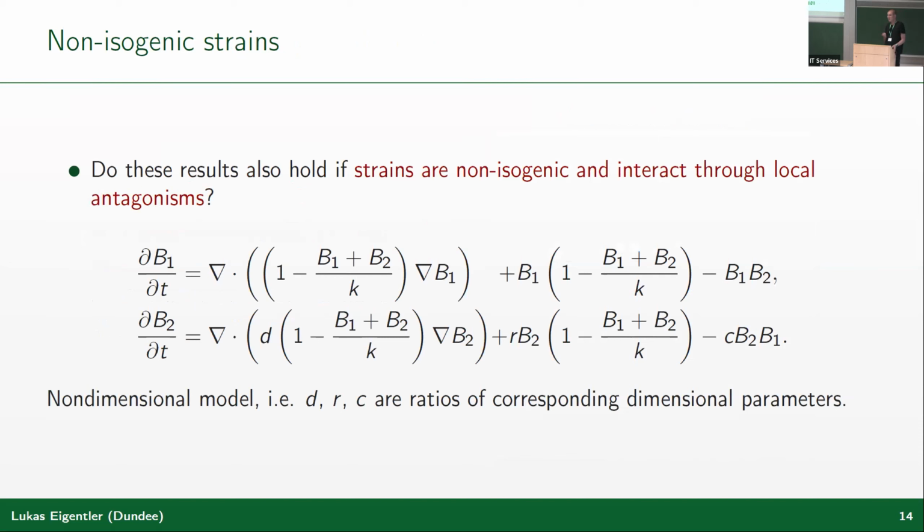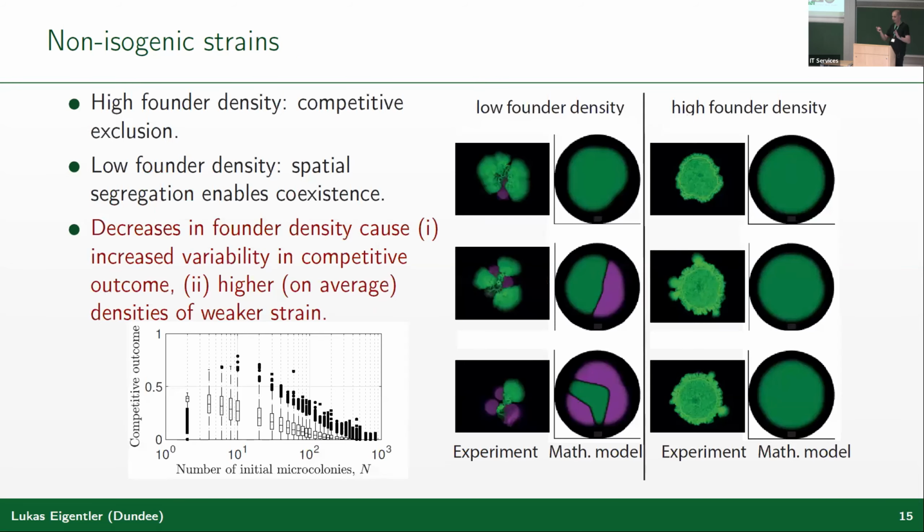So let me very briefly say something about an extension to arbitrary strain pairs that, for example, interact with each other antagonistically. So we extended the model, and we also extended, I won't go into detail here, the experimental approach by combining the 2 strains. The important thing there was that both in the model and the experiments, there was one strain that was clearly stronger in killing the other than vice versa, always the green strain in both cases.